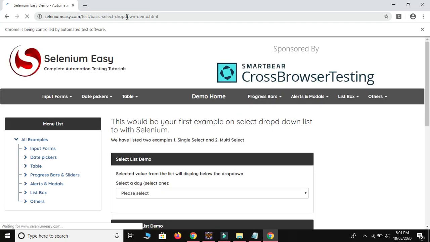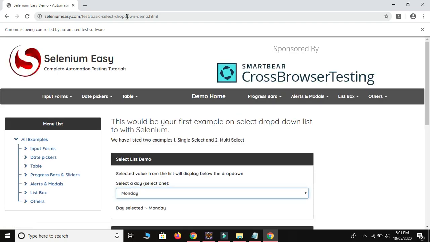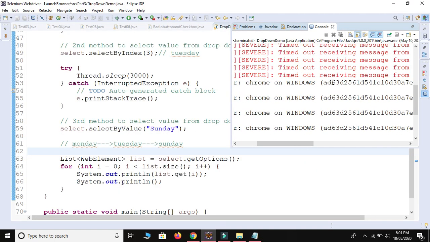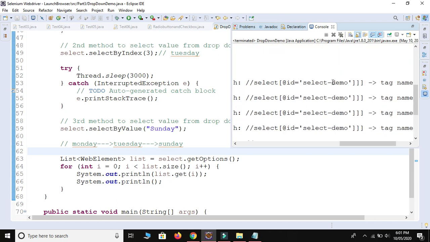So first it will select our 3 days, Monday, Tuesday and Sunday. Okay, let me close this, and as you can see on the screen, we get the values.